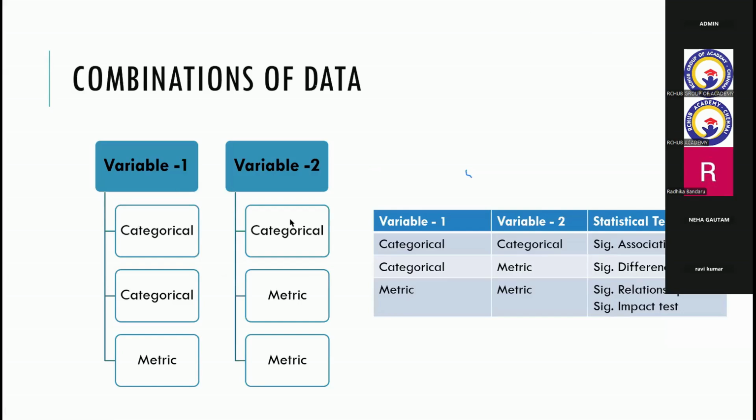If both the data are categorical in nature, at that point of time, we will be doing a significant association test. I repeat, when it comes to statistics, if both the data we are considering for analysis are categorical in nature, at that point of time, we will be doing a significant association test. And if one data is categorical and another data is metric, at that point of time, we will be doing